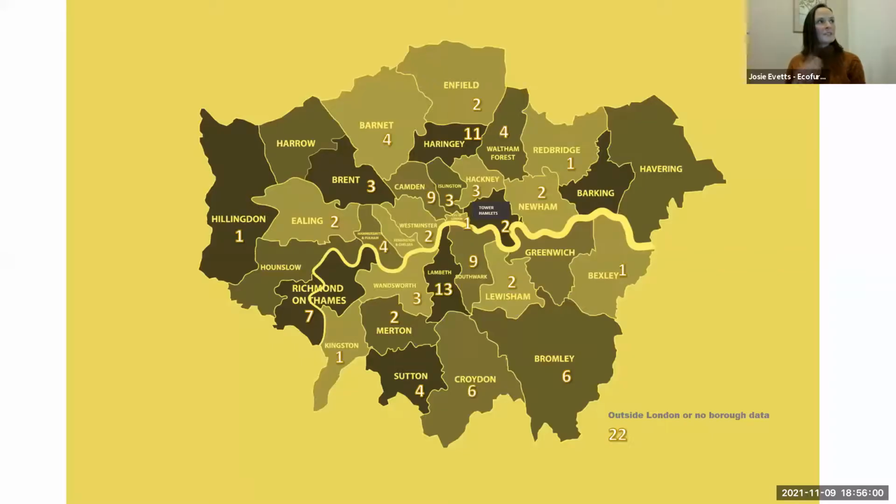So that's the end-to-end service, but you can choose the bits that are relevant for you in your situation. Just to give you a little bit of an idea of what's happening in London at the moment. We're a relatively new service, Ecoverb, and you can see that these are the clients that we have at the moment across London. I'm hoping that after this, the number in Brent is going to start going up. And we are covering London,